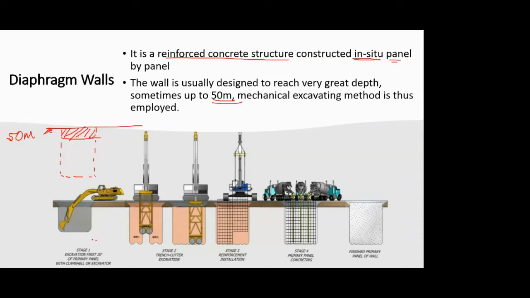So that is shown in this stage 1 if you see. Okay? So stage 1 consists of excavation of first 20 feet of primary panel with clamshell or an excavator. Excavator is nothing but, in layman's term, whatever JCB we say, or people say. So JCB is actually the name of the company, but that equipment is an excavator. All right. So either you can dig the initial few meters by this excavator or by a clamshell. Now you know what a clamshell is. We have seen the dredging. So similar thing, or the same clamshell, when you use it here, you can excavate the soil as well.